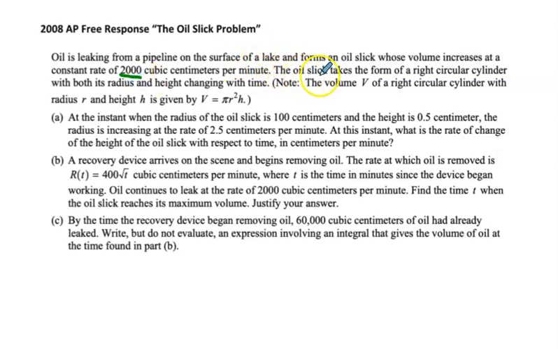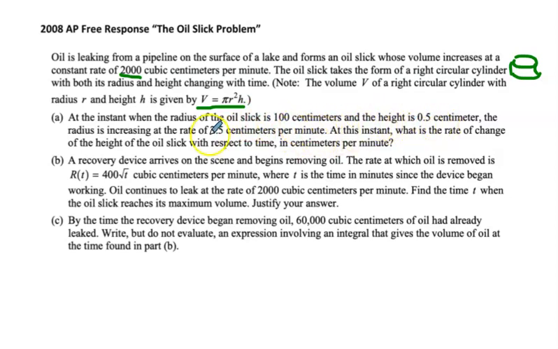The oil slick takes the form of a right circular cylinder, so something that looks like this. And both its radius and its height are changing with time. Note that the volume of the right circular cylinder with radius r and height h is given by volume equals pi r squared h. First question says, at the instant when the radius is 100 centimeters and the height is